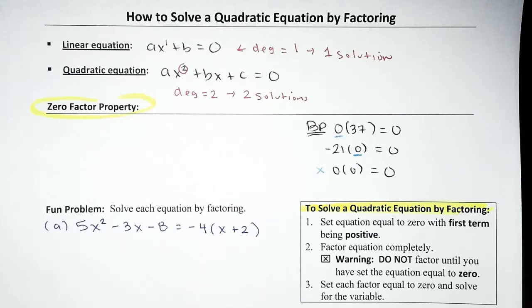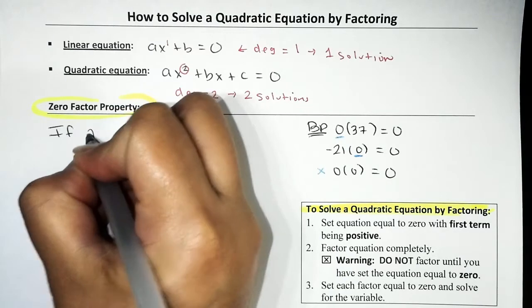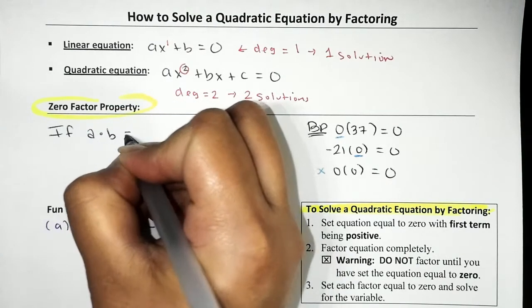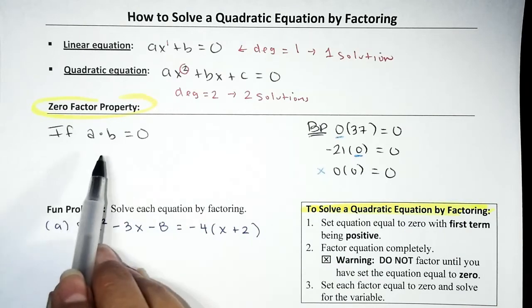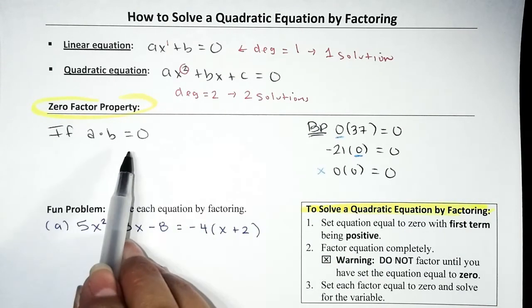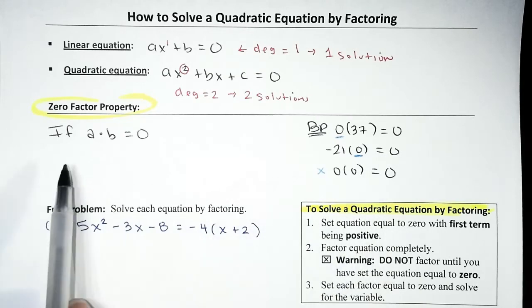So the zero factor property states: if, big if, you have a multiplication problem and that product equals 0. What? We're multiplying 2 things and the product equals 0? Kind of looks like our bonus problems. Okay? If